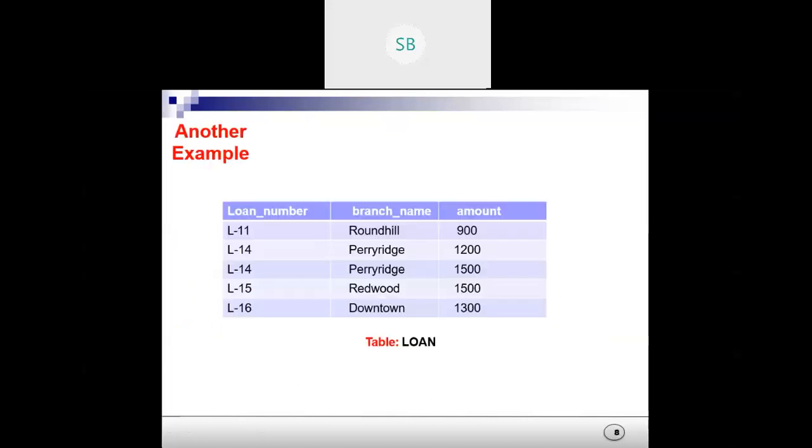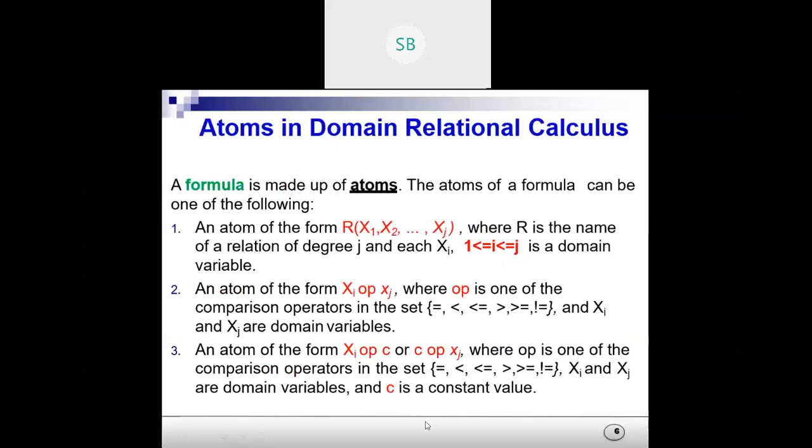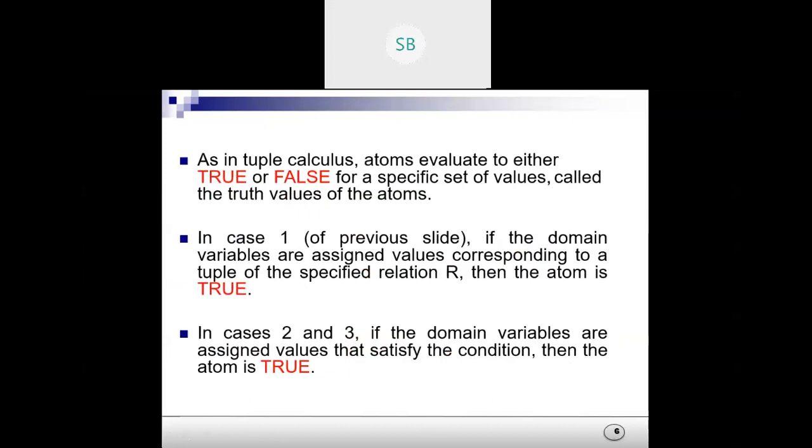Similarly here also, if the value matches the expression, then the condition is true. So if the domain variables are assigned values that satisfy the condition, then the formula will be true.